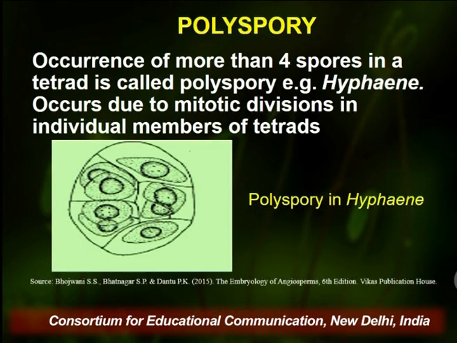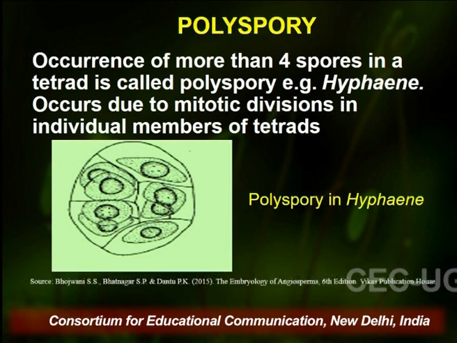Continuing with the topic of pollen development, now we will talk about polyspory. Poly is many and spory refers to spores. So whenever there is occurrence of more than 4 spores in a tetrad, that is called polyspory. We were just discussing microsporogenesis, where a spore mother cell undergoes meiotic division, meiosis, to give rise to 4